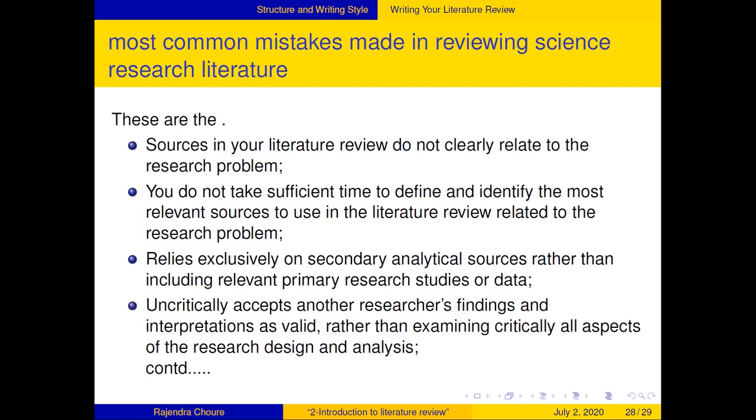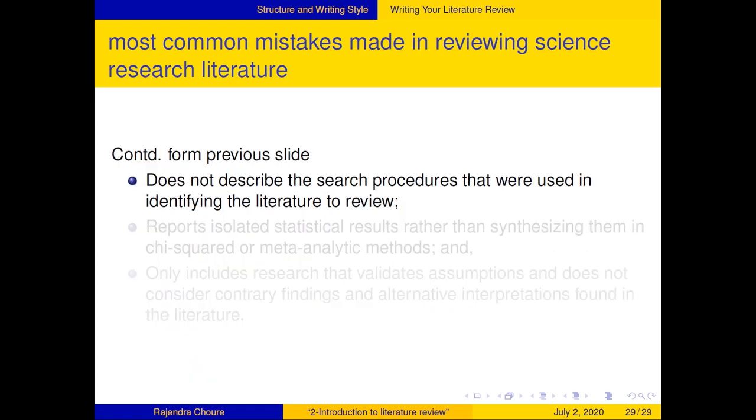Another mistake is to uncritically accept other research findings. That's the problem, because sometimes researchers' findings are not true to the point or not of good quality. If you cite their work, considering their interpretations valid, and the author's credibility is dubious, then you will have a problem. You have to examine the claim critically. Many times this happens. You have trust in somebody's work, somebody may be very senior, and you take the work at face value. Then such a mistake will be there.